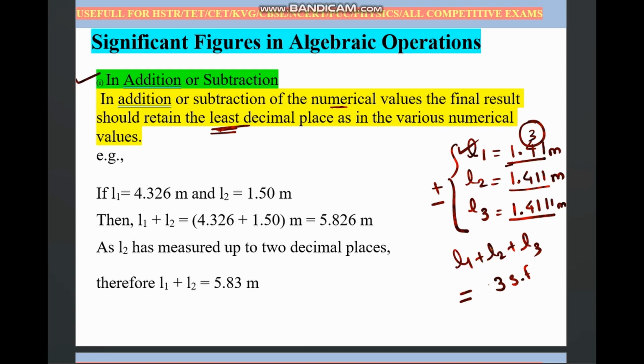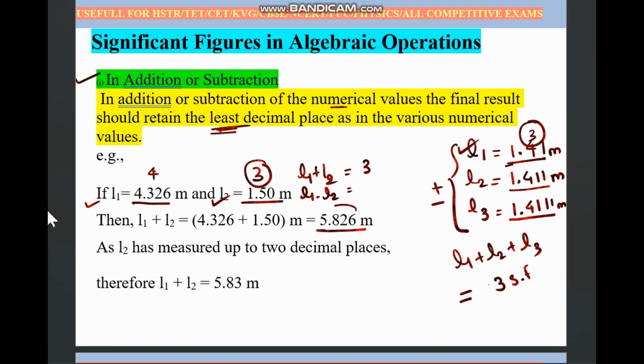I will take one more example. See here, L1 is 4.326 meter, L2 is 1.50 meter. Here we have 4 significant figures, here we have 3 significant figures. Now we have to consider the least. So our answer L1 plus L2 or L1 minus L2 should remain with only 3 significant figures. Then L1 plus L2, we got the answer